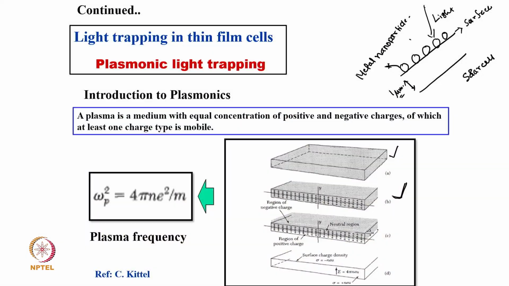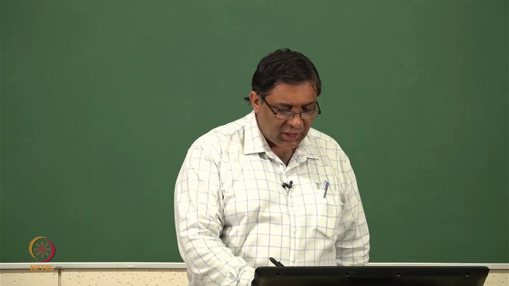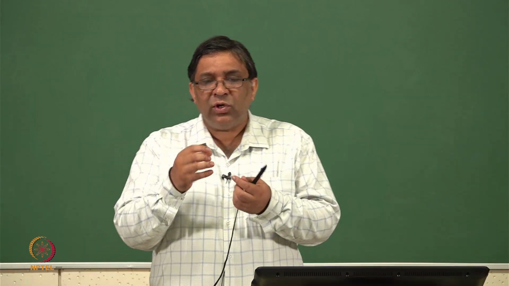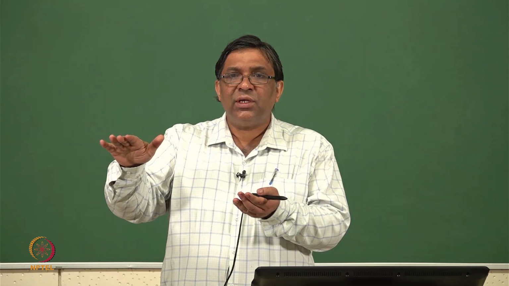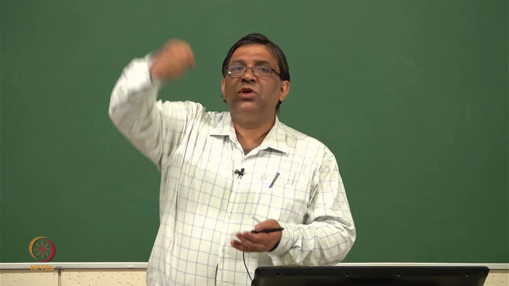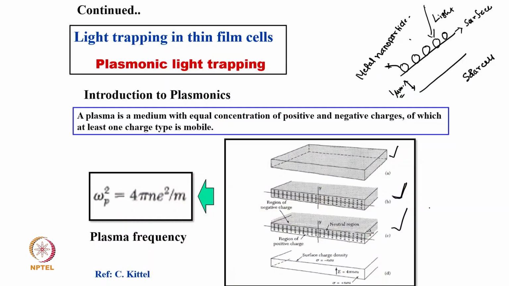But by any means, if you make a movement of the electrons, so it is an electron gas, below is positive charge, and you make a movement in the electrons, what will happen? Suppose these are electrons which are negatively charged. Below there is metal which is positively charged. You displace the electrons a little bit, take them out with a displacement of U. So U is the displacement of the electrons.